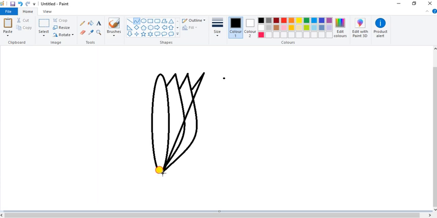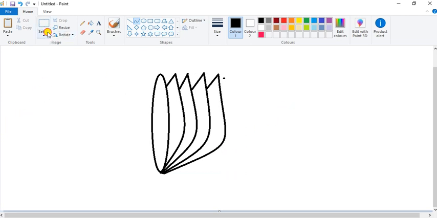Draw a curve line. Drag it. Click here. Again, same. Okay, done. Now go to the select tool. Select rectangular selection and select this half part like this.